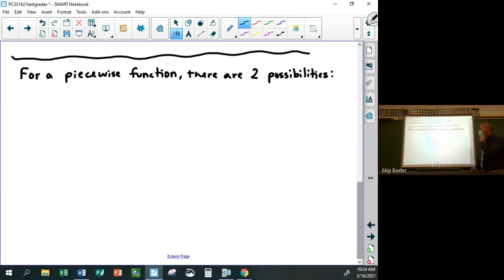And the possibilities are either the pieces match up or they don't match up. Those are the options, right? So either pieces match up